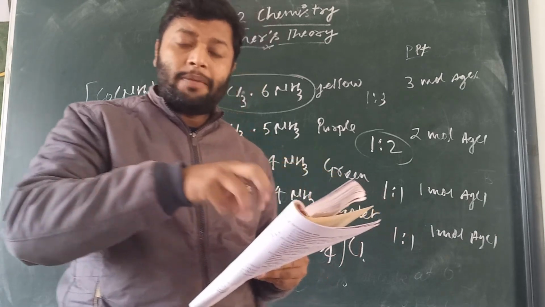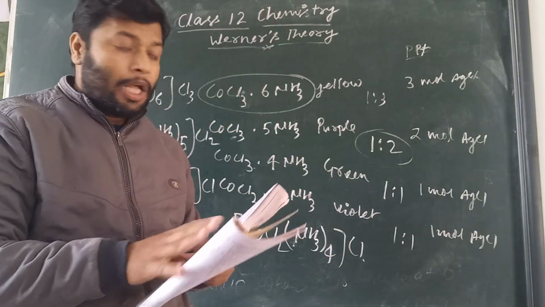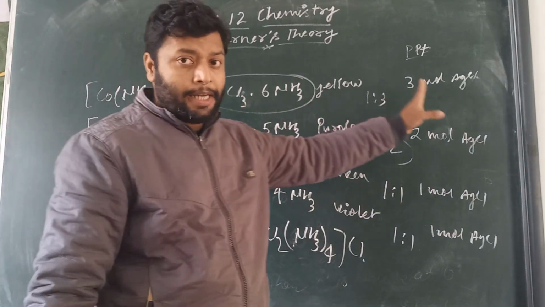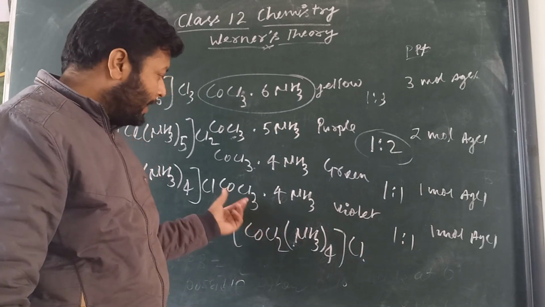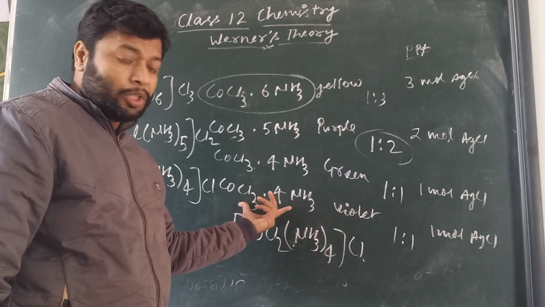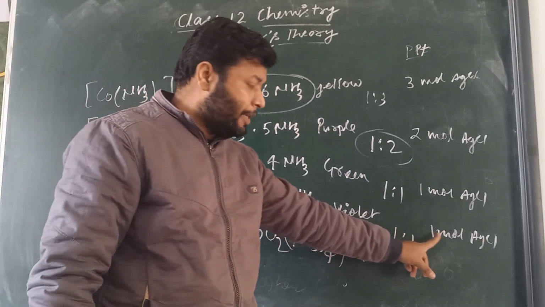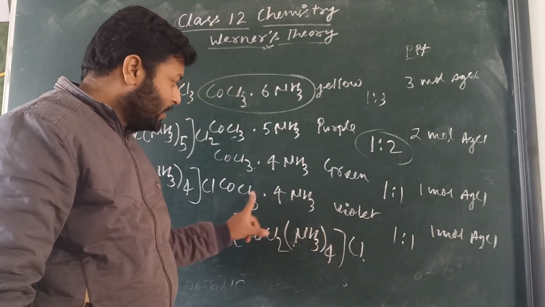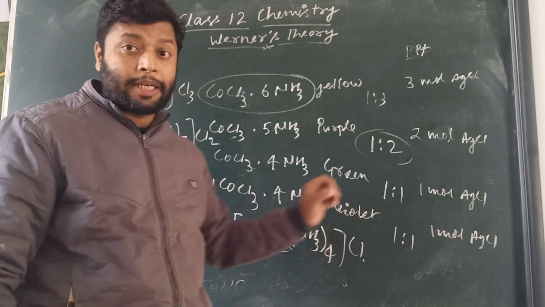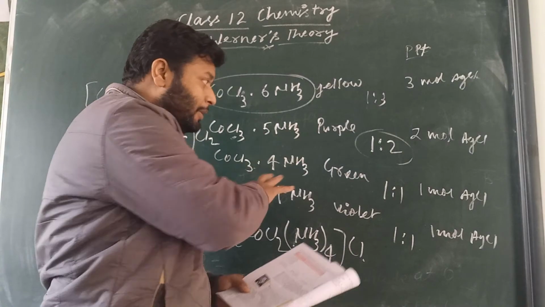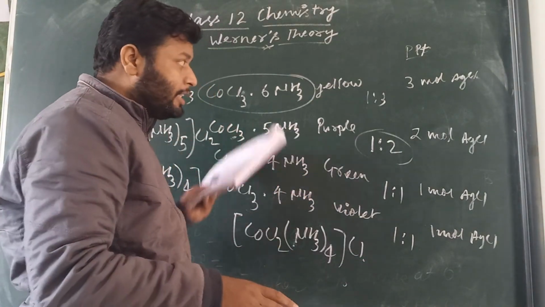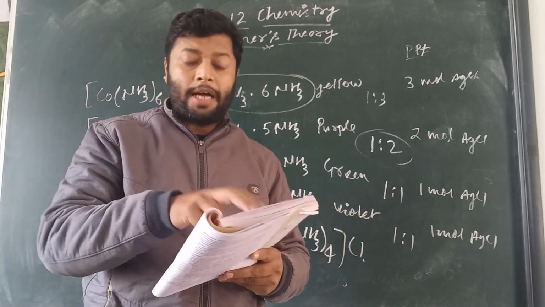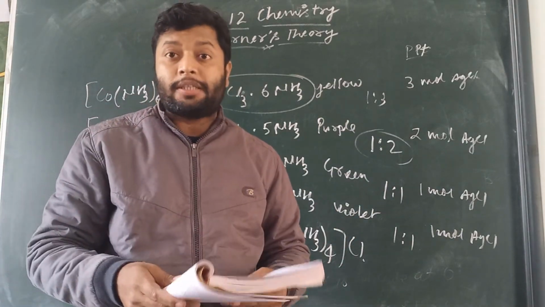So you just count the number of ligands present there. The number of ions precipitated indicates that the remaining must act as secondary valency. For example, in the last one you can see 4, 3, 7, but there is a precipitation of 1 mole, indicating the 6 ligands act as secondary valency, and the same concept you can apply in this question. So on the basis of Werner's example, you can explain other examples they can ask in the board or the competitions.